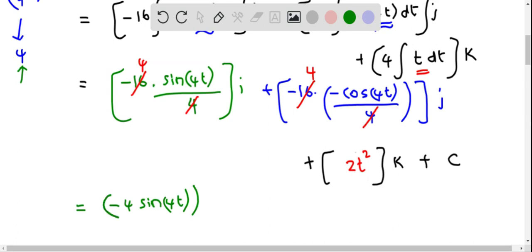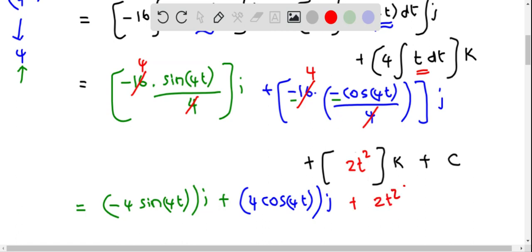For the j component, negative times negative is positive, so this is a positive quantity: 4 times cos of 4t. Plus the k component, which is 2t squared times k,